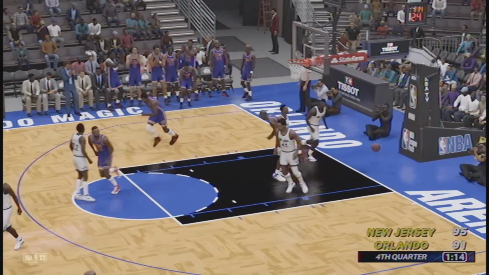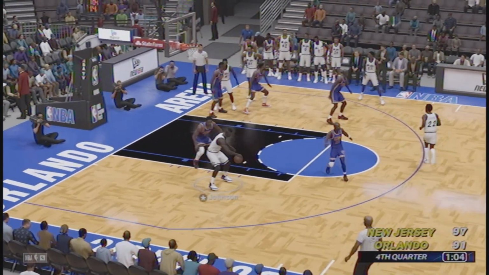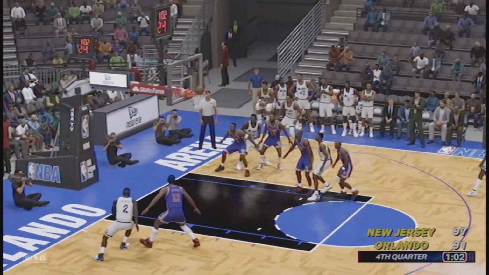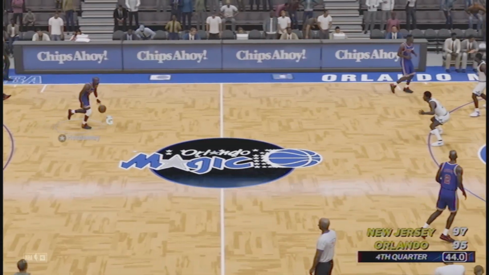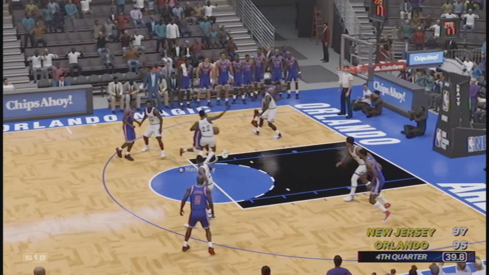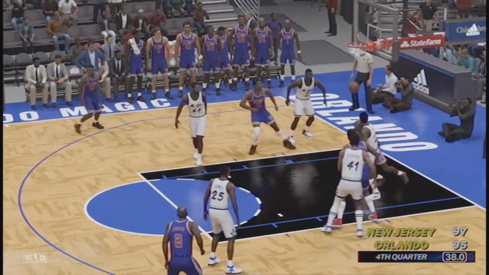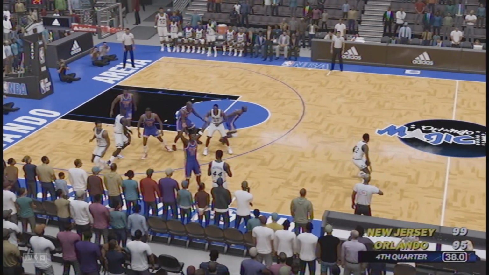Here's an alley-oop to Ogman from Tim Hardaway. 6-point game. And here's Larry Johnson. Makes that shot for his Magic. Does his little signature move there. And then he dunks the ball. Now it's a 2-point game all of a sudden. Now the Magic might be able to come back into this one. Tim Hardaway, though, has other plans. Look at him bulldoze Sleepy Floyd to make that layup.